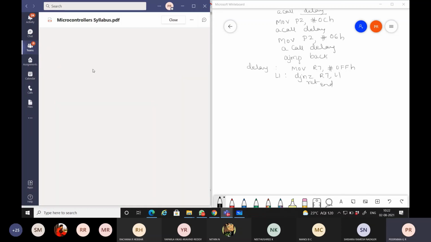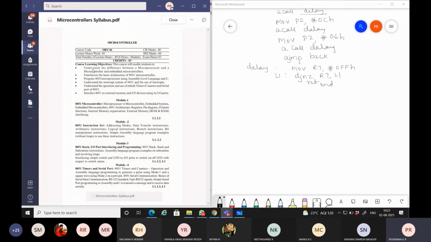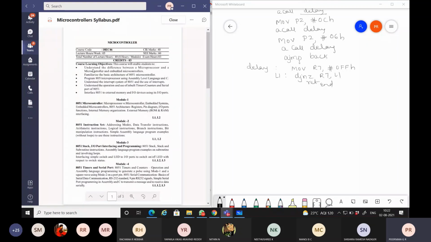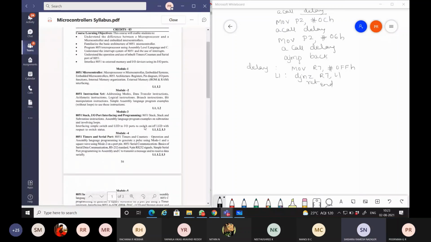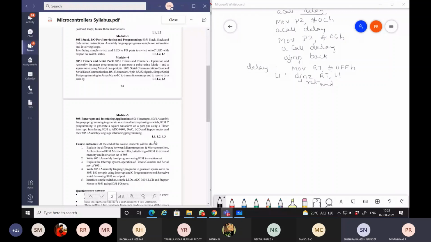See, many programs and interfacing boards which your seniors were studying were all removed for you. Ma'am, only stepper motor is there. ADC over, DAC over, LCD and stepper motor.